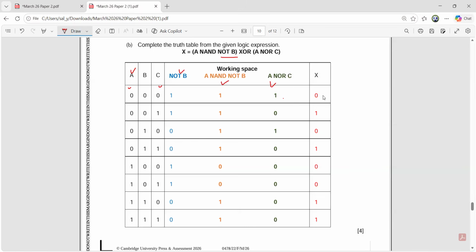1, 1, same, 0. 1, 0 opposites a 1. 1, 1, same a 0. 1, 0 opposites a 1. 0, 0, same a 0. 0, 0, same a 0. 1, 0 opposites a 1, and 1, 0 opposites a 1. So your final answer, I hope that is matching with mine, 0, 1, 0, 1, 0, 0, 1, 1. That is your final answer for the